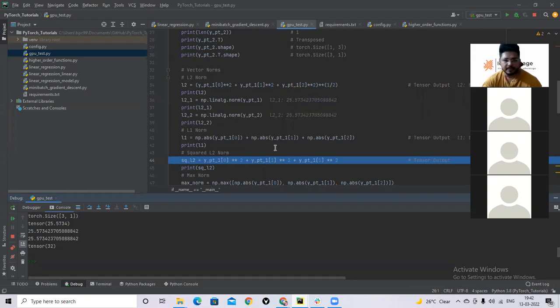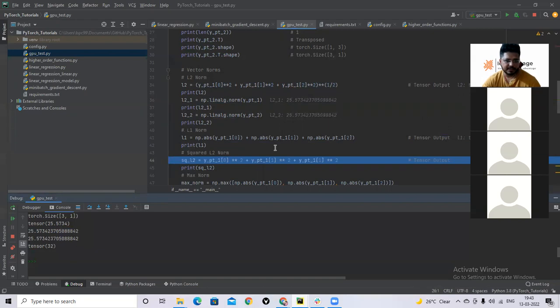One thing you remember: if in any research paper or anywhere you are studying the math, it is only said as the norm of the vector, then you have to assume that it is talking about the L2 norm. So L2 norm is the default norm.